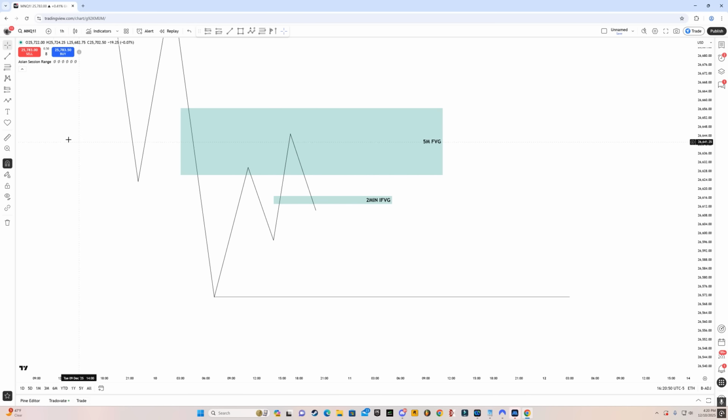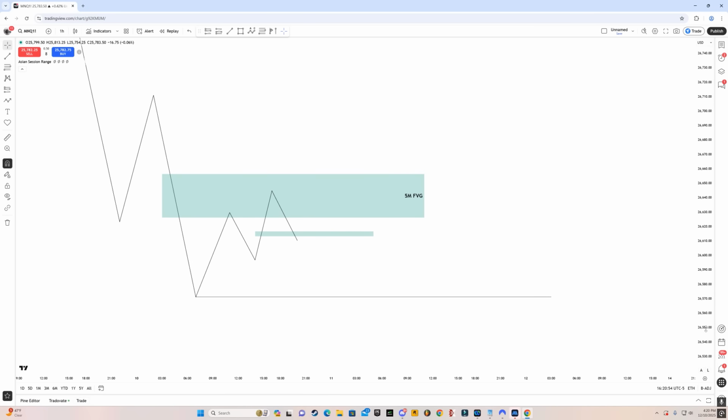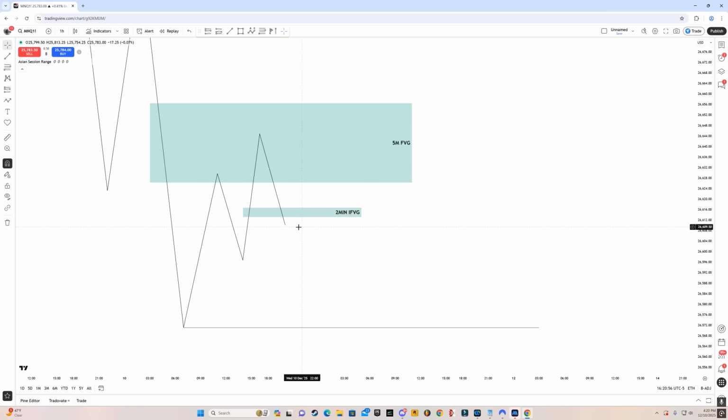So let's say there's a 2 minute gap, you take your entry, and then you can go for a simple 1 to 2 risk reward ratio. Now for the break even rule, and after that I'm going to move on to the examples, mark out the closest liquidity level after your entry.